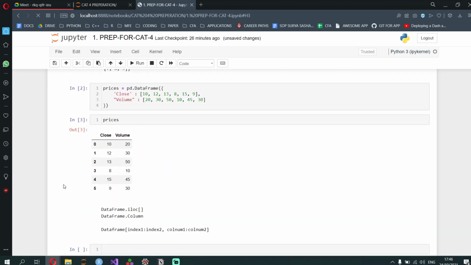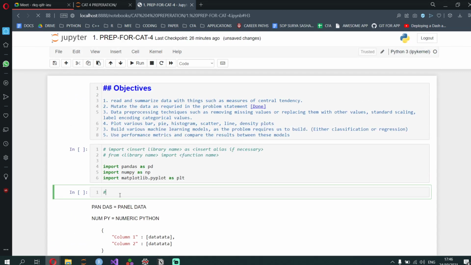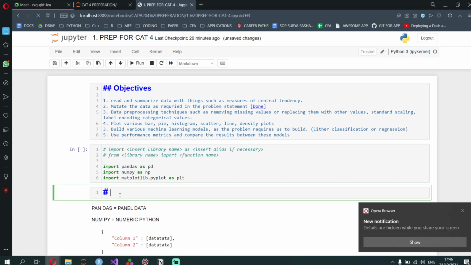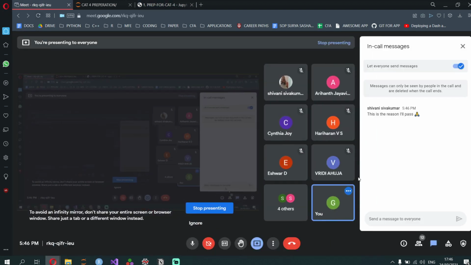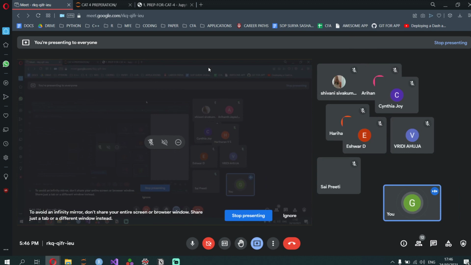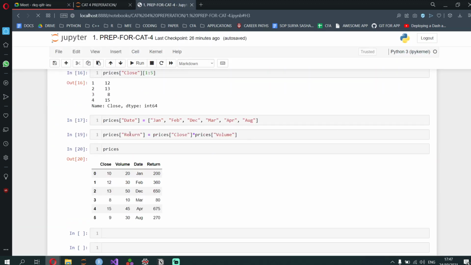Okay, so this is with respect to the first one, which is mutate data. Okay, 1 second. I got it. There's a world outside. Okay, this is the reason I paused it. Thanks a lot, dude, Shivani.